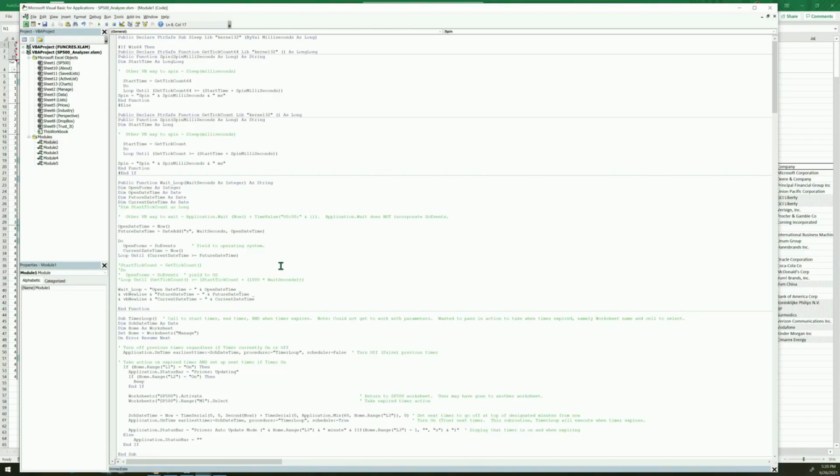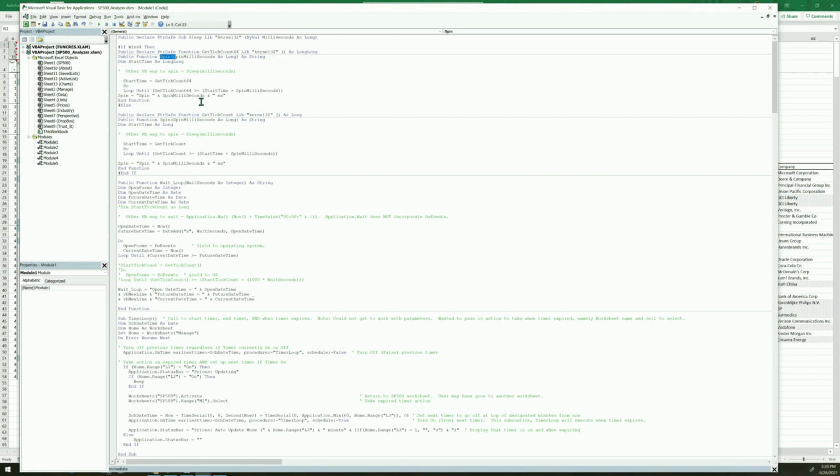Last topic is how to time things going on during execution. There are 3 time-related functions provided by Polaris. They are the spin function, the wait loop function, and the timer loop function. So let's talk about each one of these individually. The